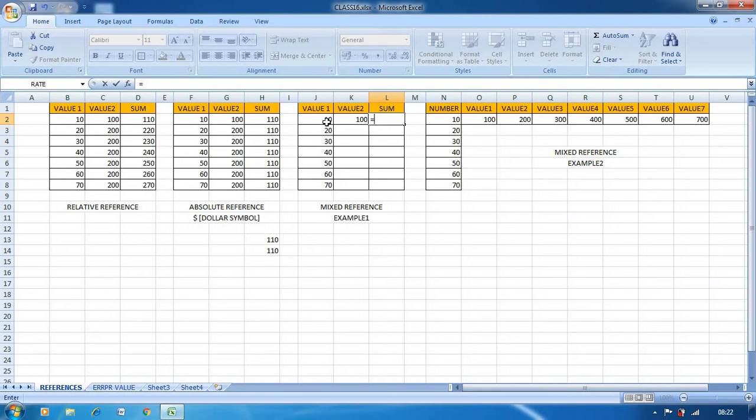So what I have to write? J2 plus, now I will fix this value. What I have to do is $K $2. Now enter. So if I drag downside,